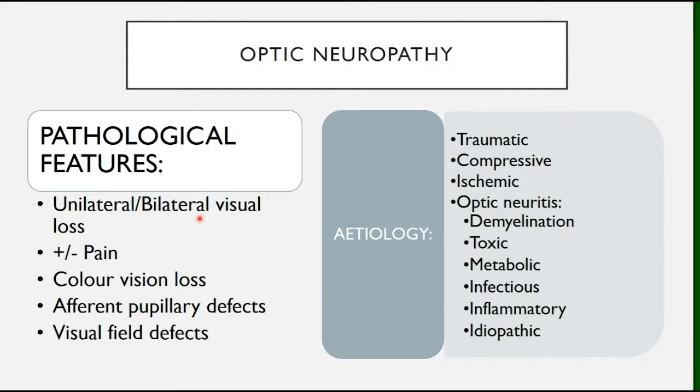And optic neuropathy can be anything from traumatic. We saw in Foster Kennedy syndrome there's actually those compressive optic neuropathies. We can get ischemic optic neuropathy, and then you can get optic neuritis. One of the most important causes of this is demyelination, like multiple sclerosis, neuromyelitis optica. You can also get toxic because of medications, like our patients on anti-TBs can get optic neuritis because of ethambutol, also alcohol use. In our setting,